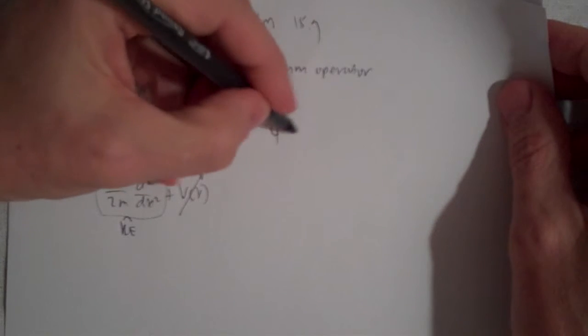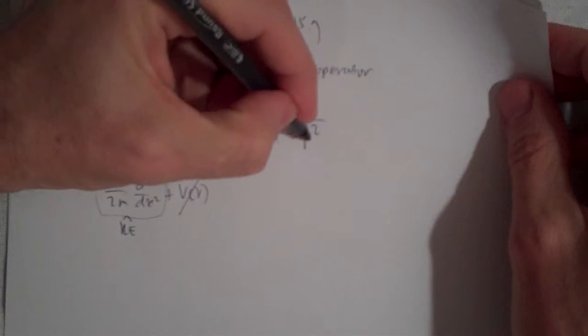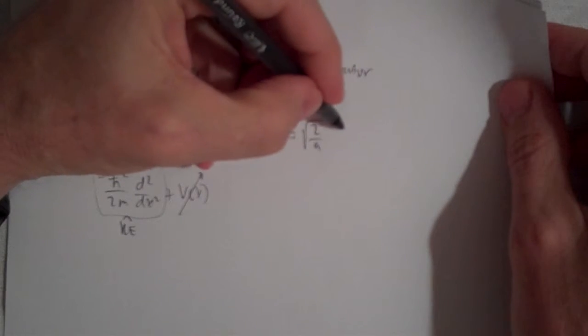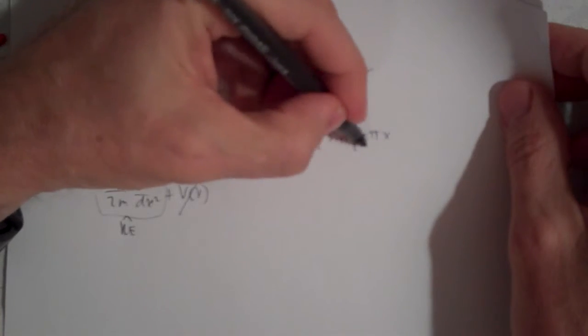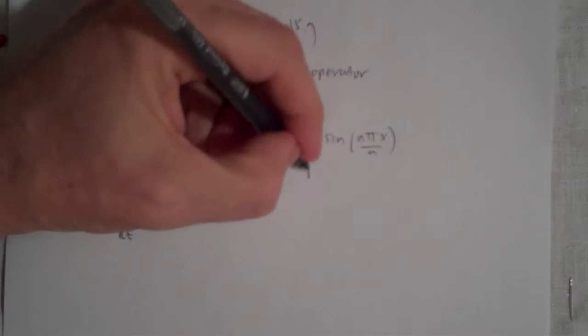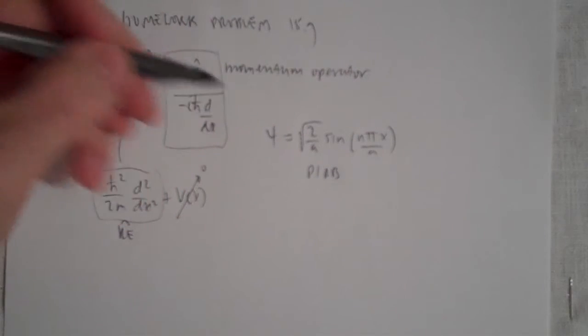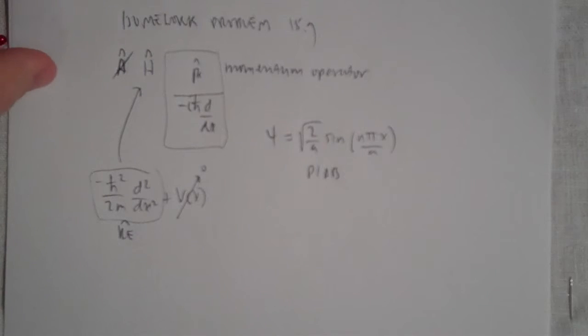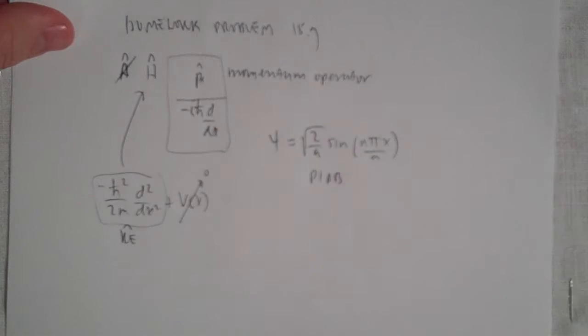And what's the wave function we've been working with? Psi is equal to root 2 over a times sine of n pi x over a. That's the normalized wave function for a particle in a box. If that doesn't look familiar, you've got some review to do. We've been doing it a lot. And by the time the test comes around, you need to really hope that that's on there,